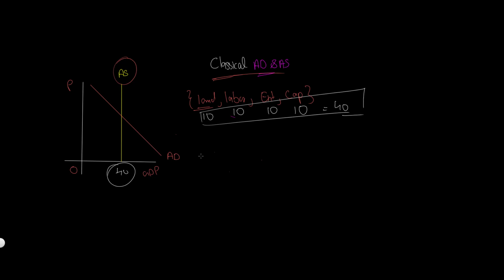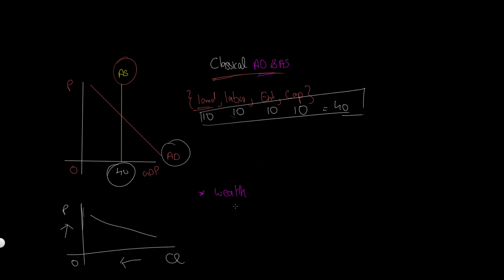The aggregate demand curve is a downward sloping curve which is derived from individual demands. We know from our basic microeconomics that as the price of a good decreases, the quantity demanded increases, and as the price increases, the quantity demanded decreases. And we can aggregate that along with the wealth effect,